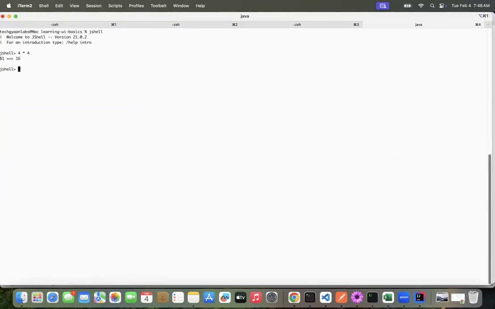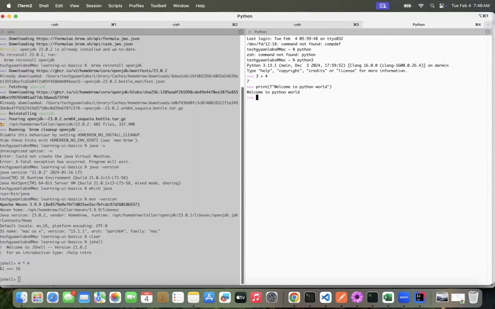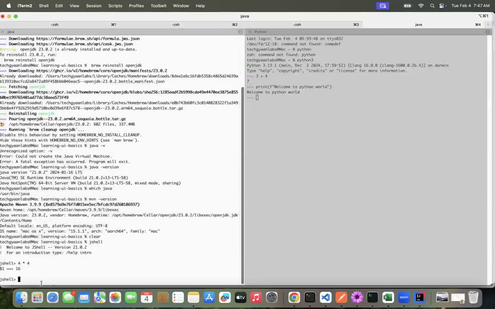JShell is an interactive shell. How do you do it in Python? Suppose I'm typing python, Python 3, I guess. Here we write 3 plus 4, which gives the result. And if I want to print some message, an f-string, welcome to Python world, it is going to print Welcome to Python world. The similar line in Java, if you want to do that, here,